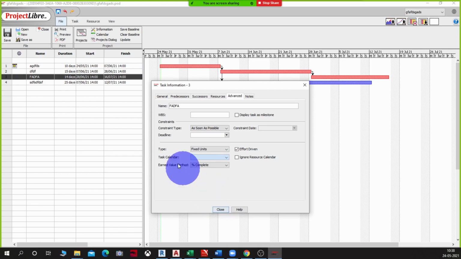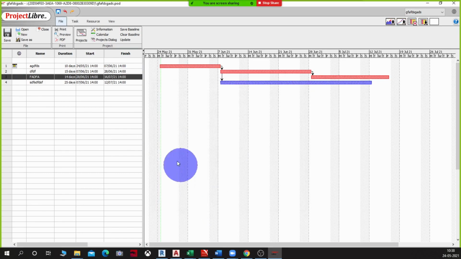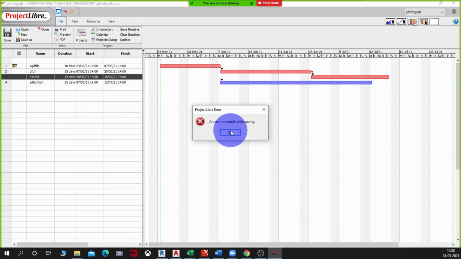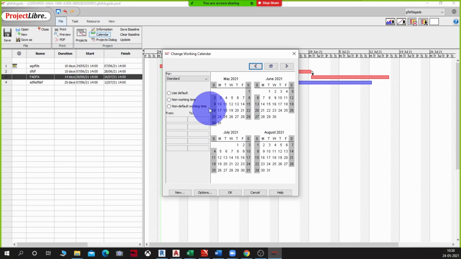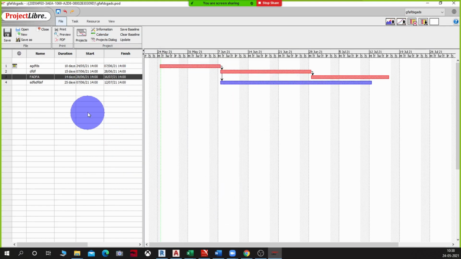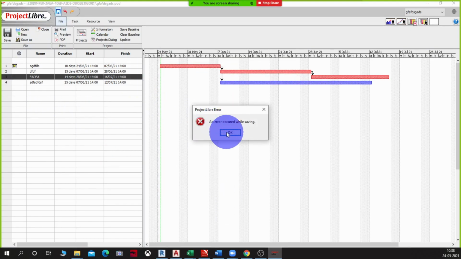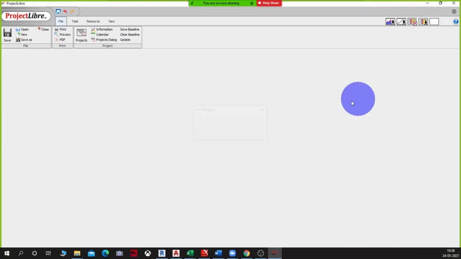There are two ways of resolving this. One is you save, close and open. Okay, I made some mistake there. It's showing me here. I'll say okay. Project live error. Just a minute.